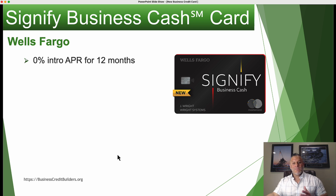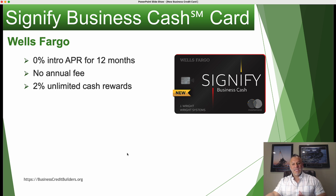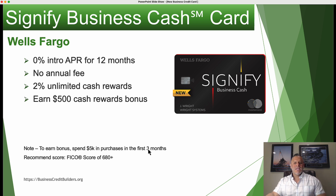This offers a 0% APR for 12 months on purchases. There's no annual fee on this card, and you get 2% unlimited cash rewards. They don't have any type of categories you have to select and update. It's just a flat 2% unlimited cash rewards, and you can earn a $500 cash reward bonus if you spend